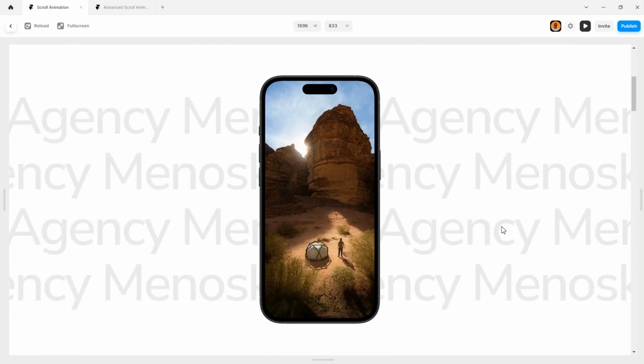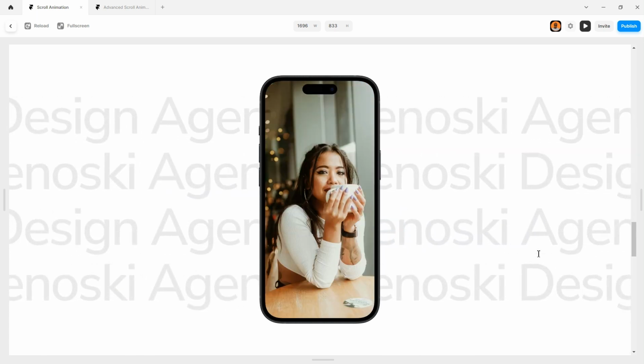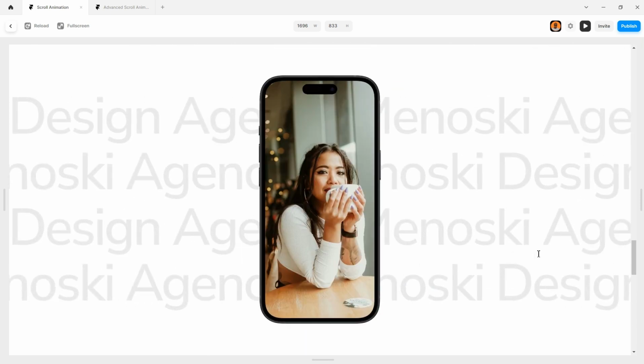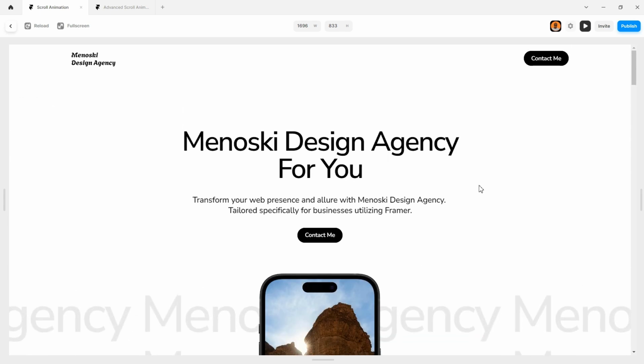So today I'll be showing you guys this amazing scroll animation which you can do in Framer using no code. Isn't that just great? So let's get started. Alright guys,